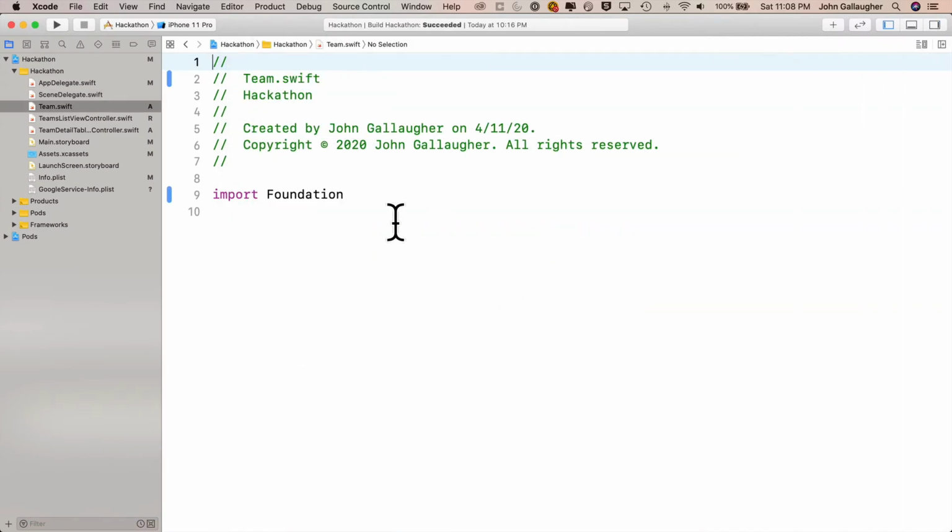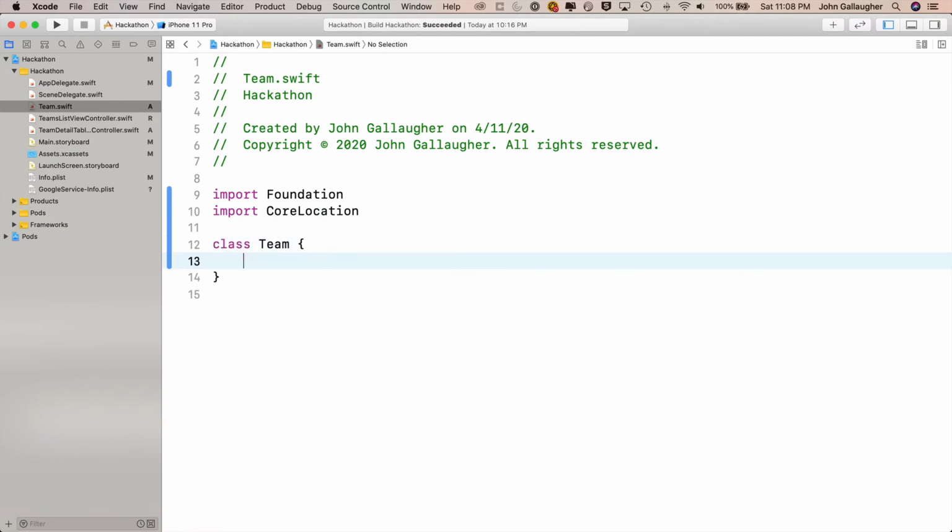Then since one of these class properties is going to be of type CLLocationCoordinate2D, we need to import CoreLocation, because that's how we indicate that this file knows about the CoreLocation library. Then we'll say class, capital T Team, open and close curlies, var teamName String, var university String, var coordinate